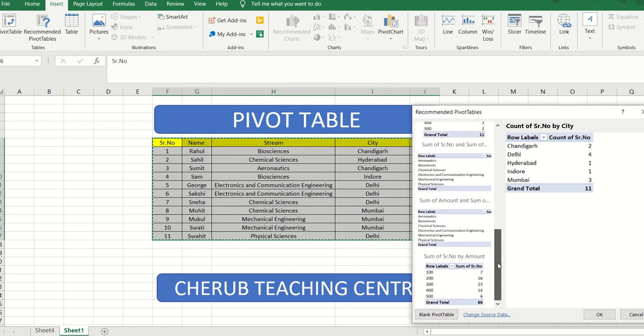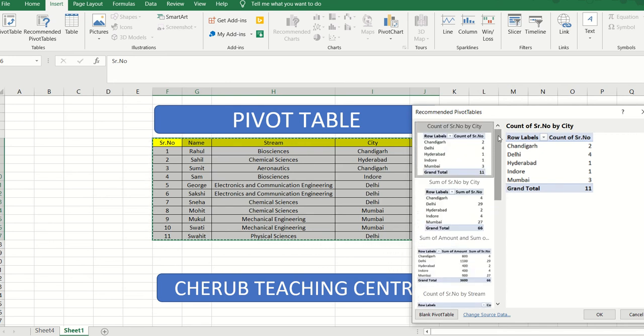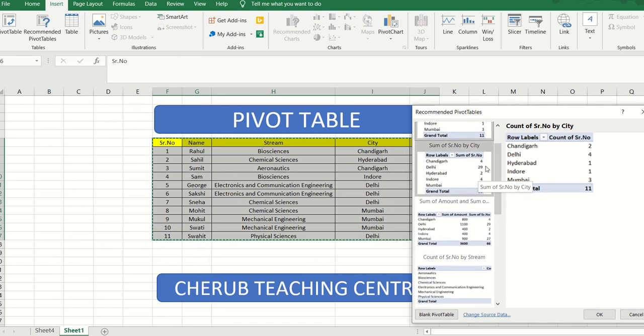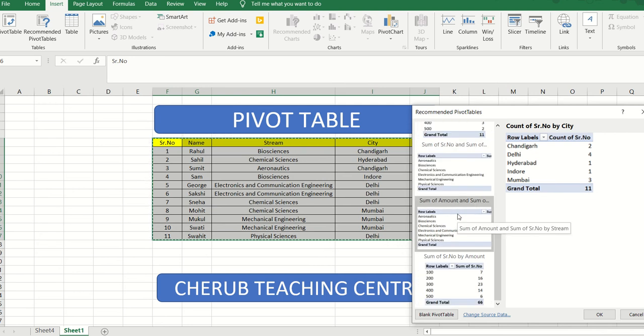So either I can go ahead and select from these particular options if in case it suits or matches your requirement. Otherwise I've already trained you what all things you have to do in order to align the particular data entry into the column and the filters, and how you would be proceeding ahead with the value field settings as well. So you can see over here that in Excel there are a lot of recommendations which are being given to you. In case it is suiting your need altogether, you can go ahead, select it, and then the pivot table is going to be generated automatically. So you don't have to do that much task, in which you will be dragging down the entries in order to generate a pivot table out of it.